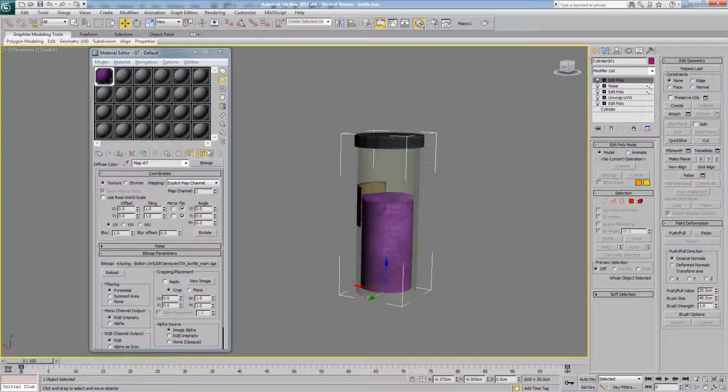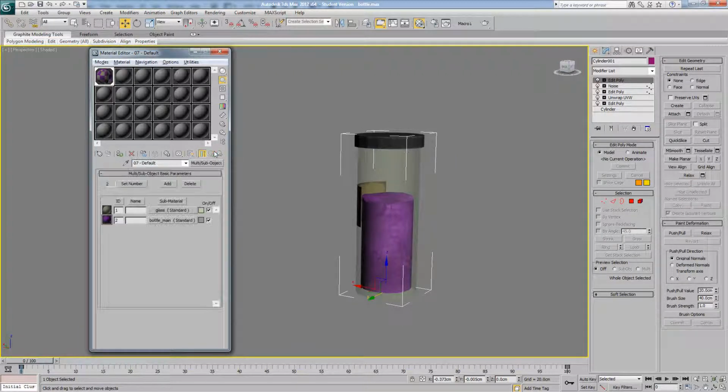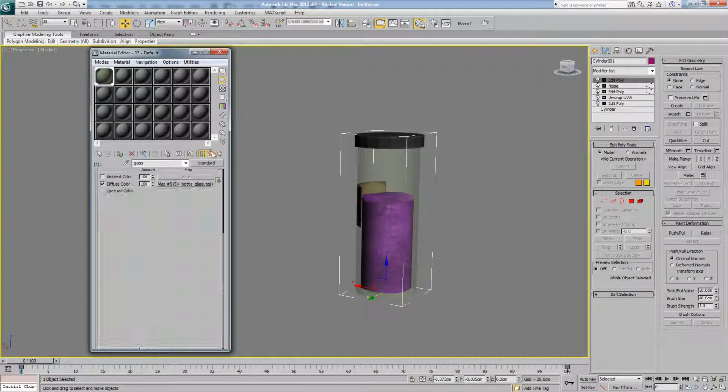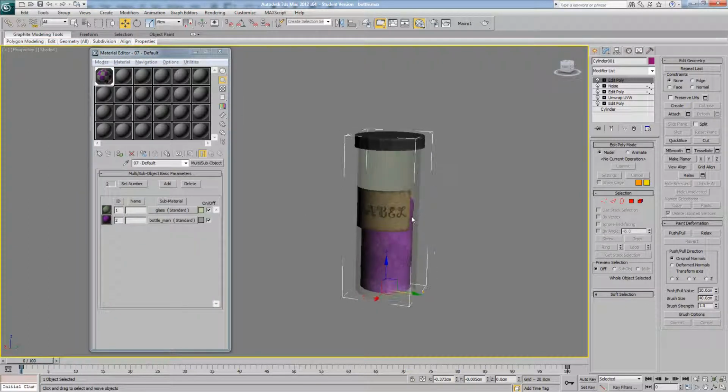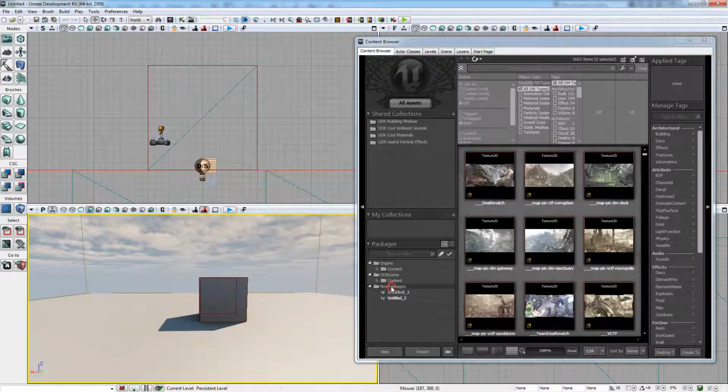So because now we had glass and bottle main in our material, and we had a diffuse texture in each one, we should find that when we import it into UDK, we can assign two materials. So if we come into UDK here,